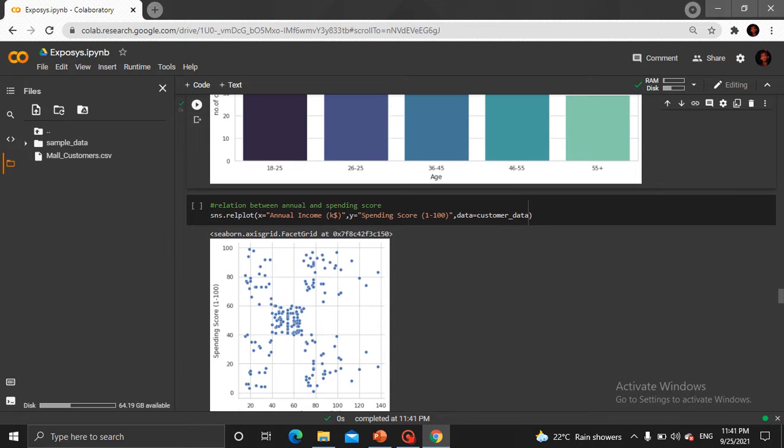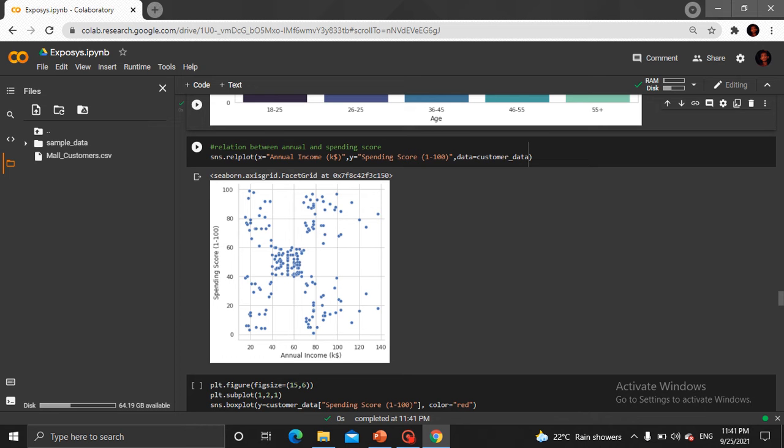In the next one we will find the relationship between annual income and the spending score. For this also we are plotting the graph, taking annual income on the x-axis and spending score along the y-axis. So let us run this.